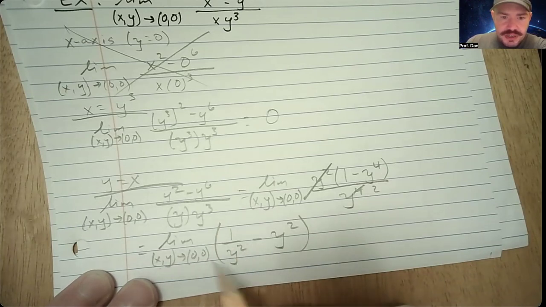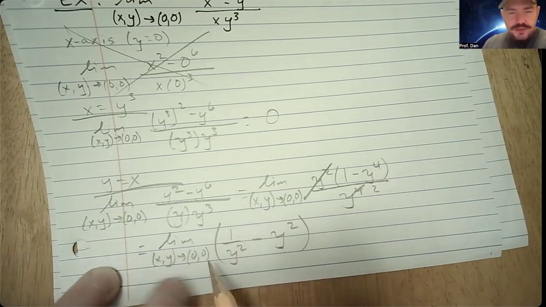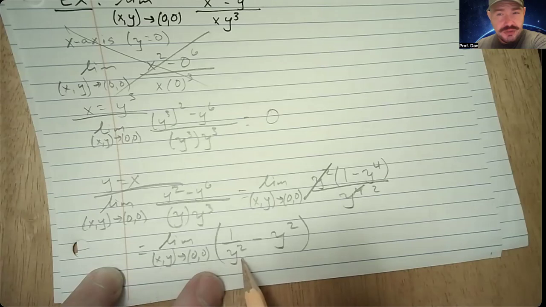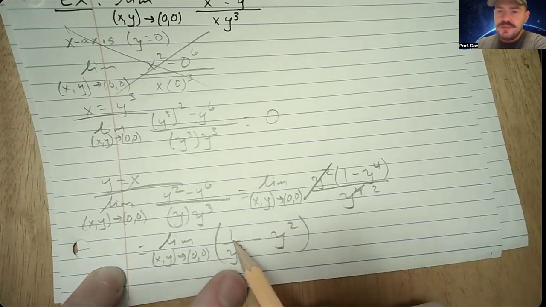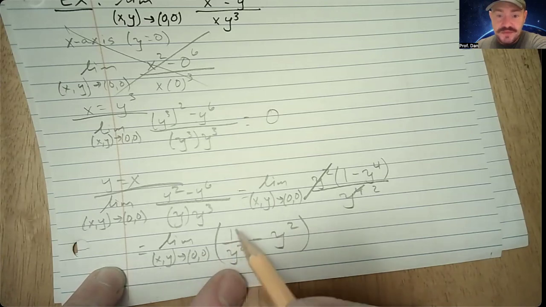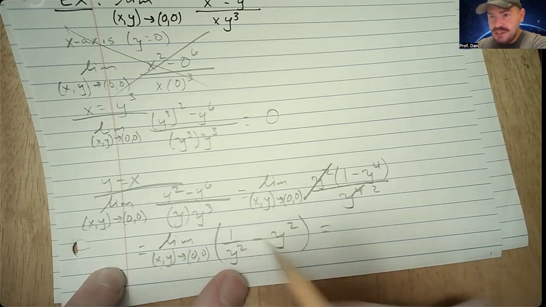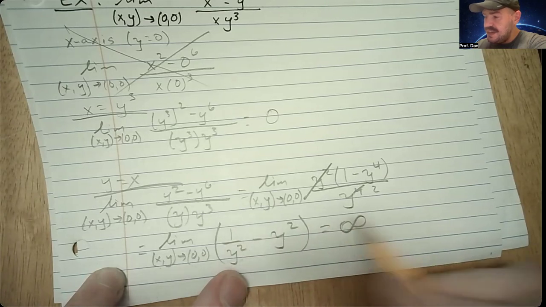So now that I look at this one, let's think a little bit. As y approaches 0, this term will approach 0. But as y approaches 0, this term will get really, really big, right? Because if I divide by a small, small number, I get a big quotient. So this becomes a very large number. As y approaches 0, this approaches infinity. This approaches 0, and I'm subtracting it from a really big number, which means that this would be an infinite limit,